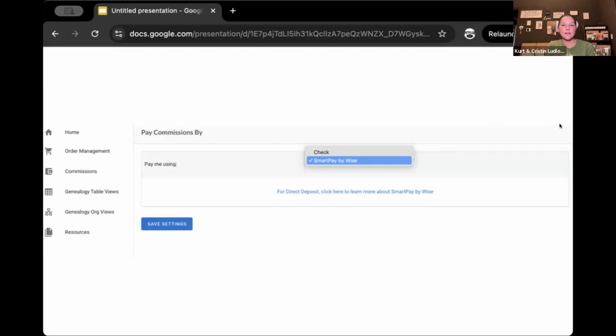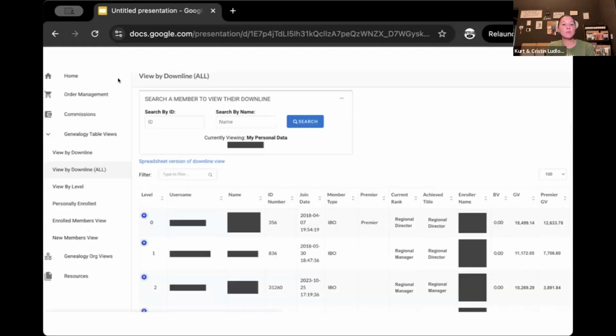All right, next is the view by downline all. So I use this chart a lot. When you look at the genealogy table views, you can view by downline all. And this will show you everyone in your team, their rank, when they joined, their ID numbers, who enrolled them, if they have any personal billing volume this month, or what their group